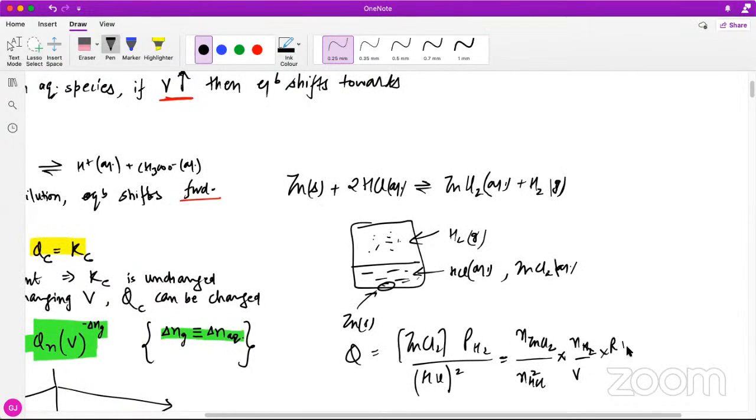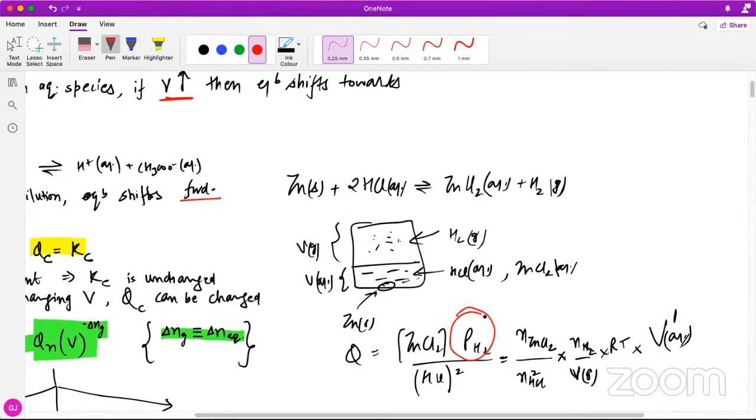और यहाँ का जो वॉल्यूम है, sir, the volume is in the numerator, na? रुक जाओ, दैट विल बी एक्वस वॉल्यूम, ठीक है, दिस विल बी द गैस फेज वॉल्यूम ना। Vg है और ये V एक्वस है, ठीक है, अलग अलग होंगी ना, वाई वुड बी सेम। समझ में आ रहा है कि नहीं आ रहा है? ये प्रेशर ऑफ H2 इज इक्वल टू nRT बाय V, और V कौन सा है, V ये जो खाली स्पेस का वॉल्यूम है कि नहीं? और ये जो मोलर कॉन्सेंट्रेशंस हैं, मोल अपॉन वॉल्यूम, वो तो इस सोल्यूशन का वॉल्यूम होगा ना, यहाँ पे ये जो सोल्यूशन रखा हुआ है उसका वॉल्यूम लगेगा ना। राइट। तो ये कॉम्प्लिकेटेड सा एक्सप्रेशन बन गया।